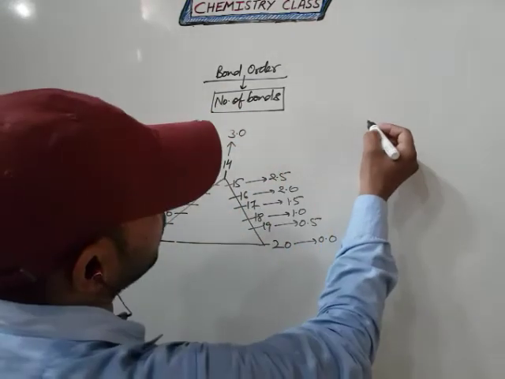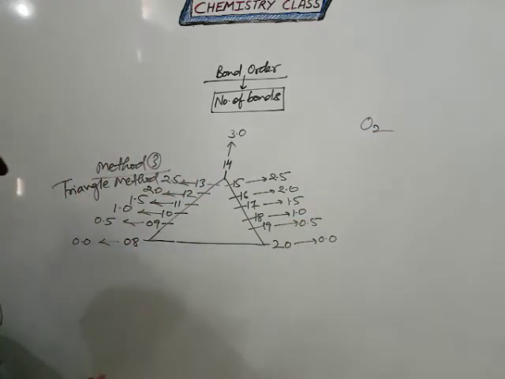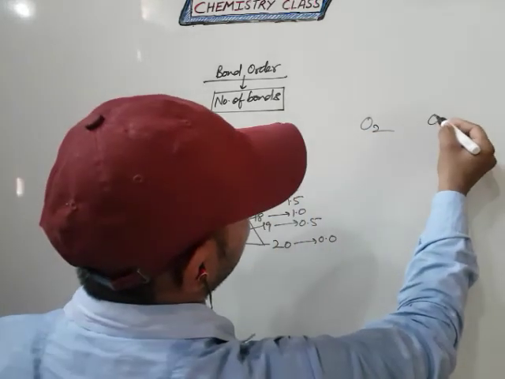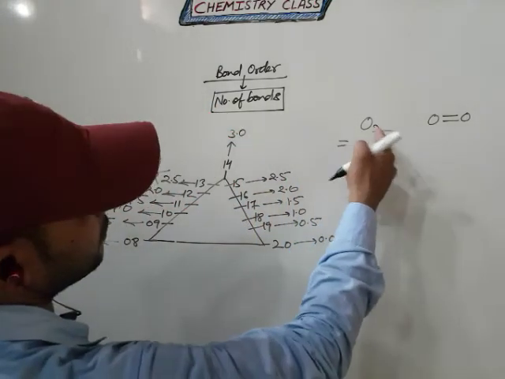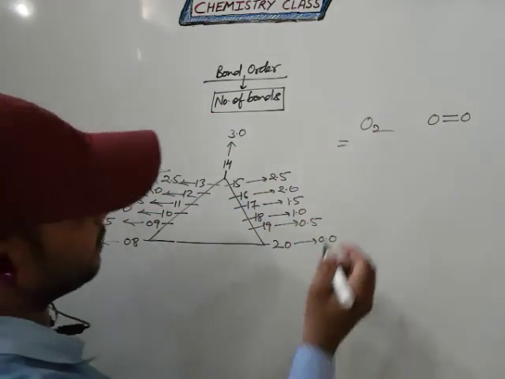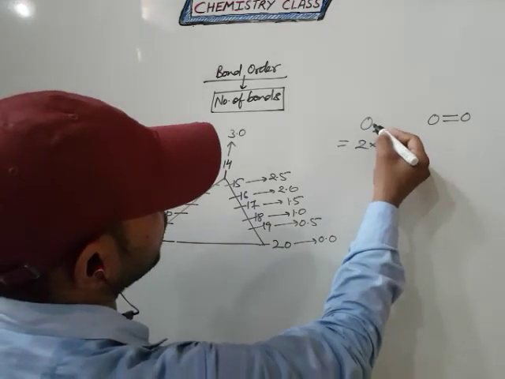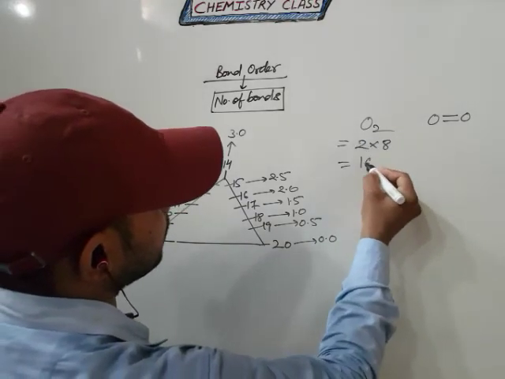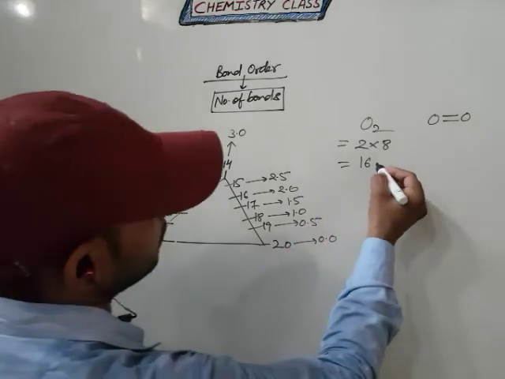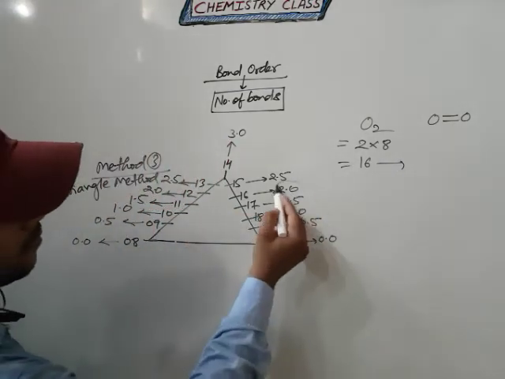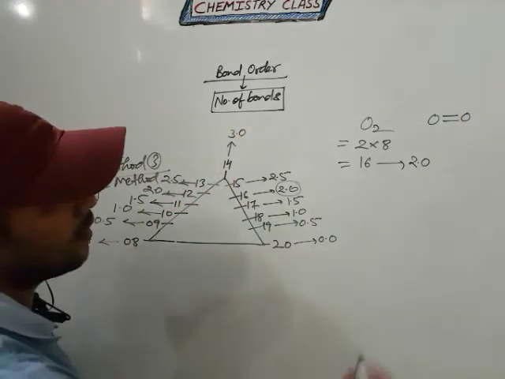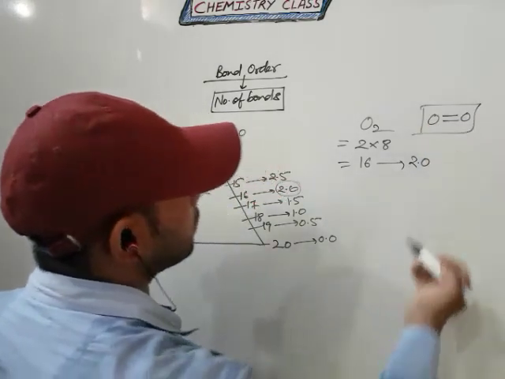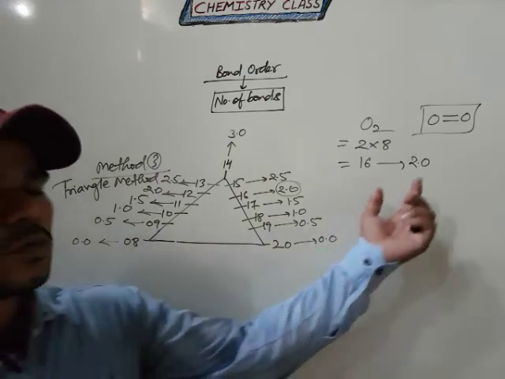So students, I already explained the O2 molecule. What is the bond order? Simply 2. Clear? So first you calculate the total electrons of the O2 molecule. How much? 2 into the atomic number 8, total is 16. So for 16 electrons, what is the bond order? 2.0. So in this case also, we already found the bond order is 2, that is 2.0.